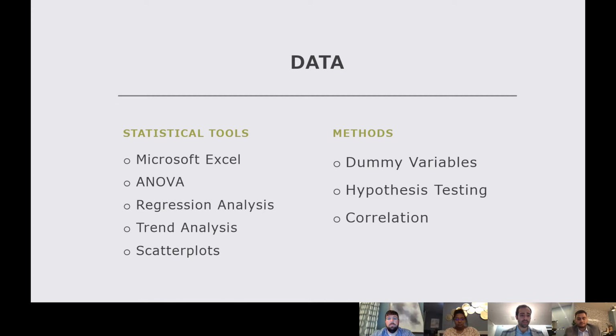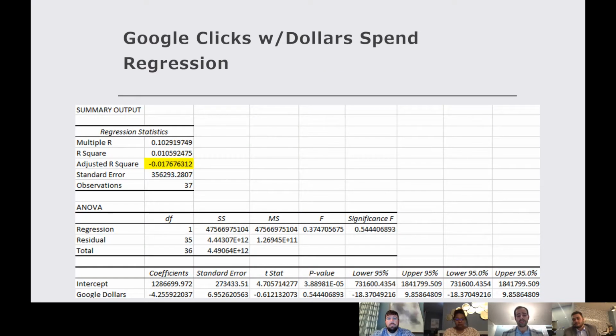Thank you, Alexis. Here, you can see our first regression, or attempt at developing a regression model. It was very simple. Our dependent variable was the amount of clicks, and the explanatory variable was how much money was spent. In essence, our hypothesis is that if you spend more money, you should get more clicks through the Google Ads pay-per-click service.